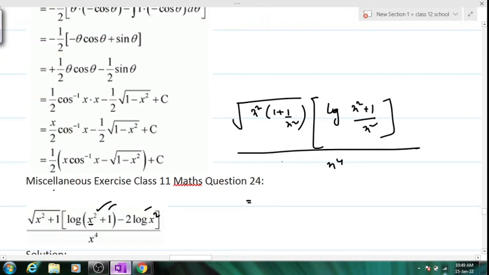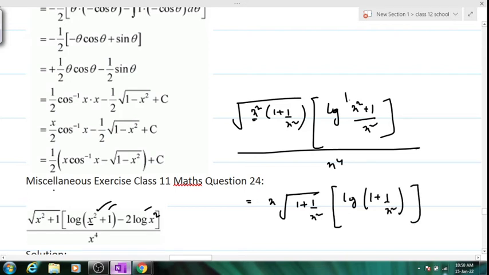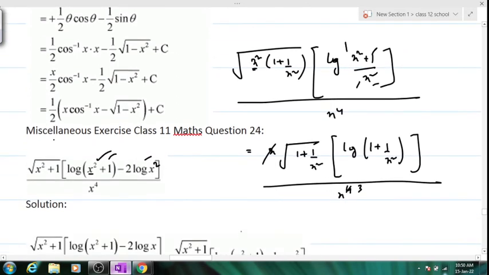Tell me. Now from here I will be taking x common and will be left with 1 by x square, and out here what will be left with x, 1 plus 1 by x square. Yes or no? I have taken it separately and then divided by x to the power 4, x, and out here we will have x cube. Any doubts? Then I'll take 1 by x cube outside, then root over 1 minus 1 by x square, and then log 1 plus 1 by x square. That's it. Now you can take this as t.